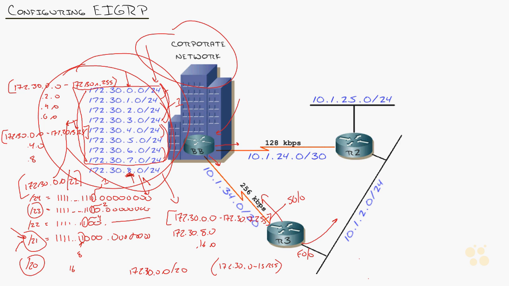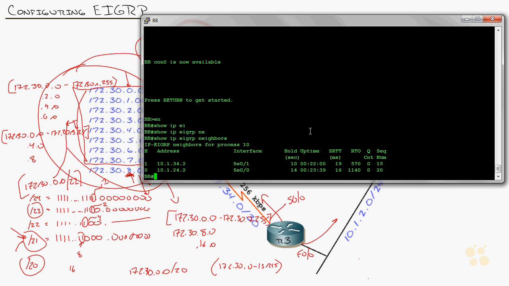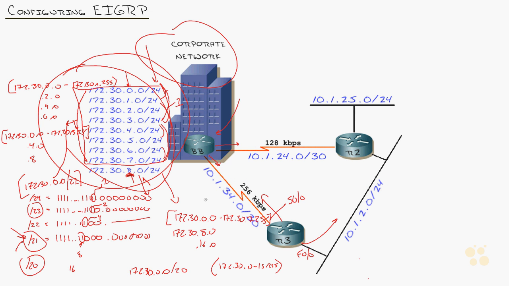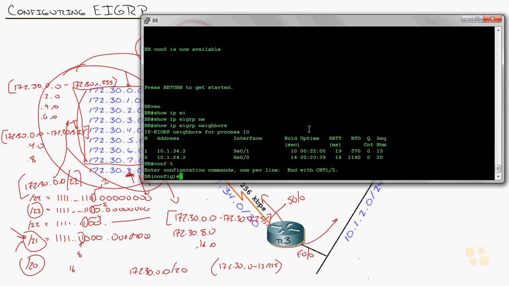So I'm going to go to the backbone router. I'm going to do a show ip eigrp neighbors. Okay, so my 34, it looks like 34.2. So this is actually serial 0/1. Right? So the reason I wanted to notate those interfaces is because you actually configure the summary commands from the